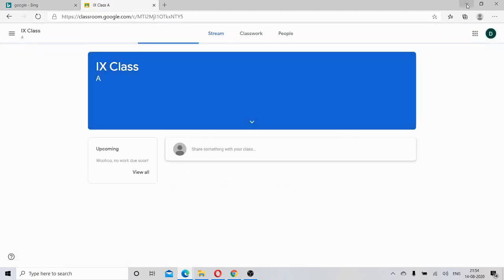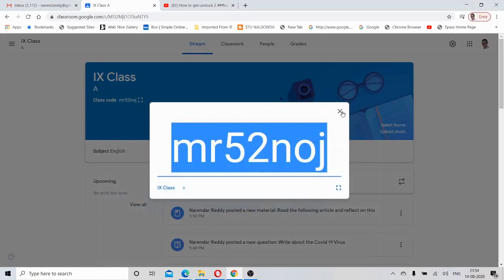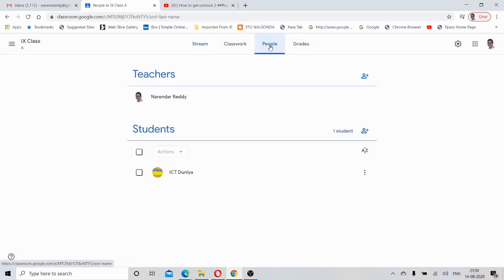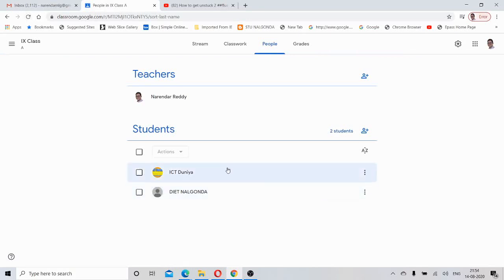Let me take you back to the original classroom where I created the class. This is the original class which I have created right now. See here, one student has already joined, and let me see whether another student has joined or not. Yeah, see here, two students have joined.